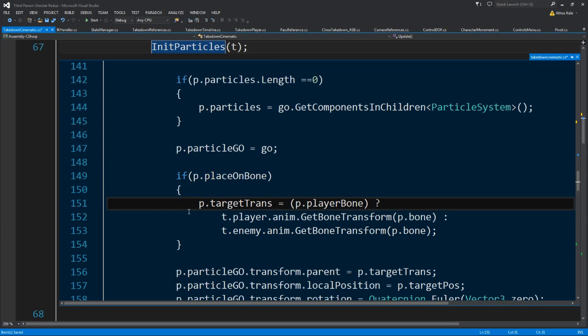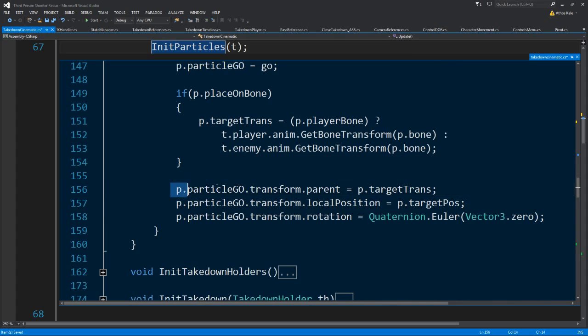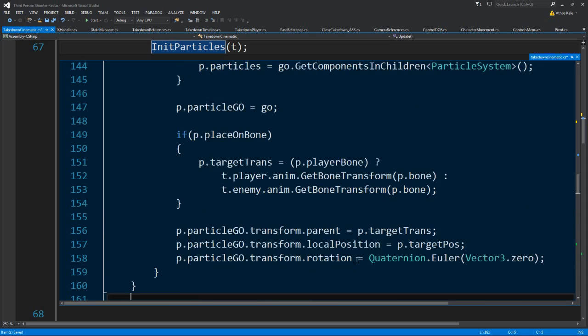So if you are to place it on a bone, you say that for the particle entry target transform, if it's a player bone, use the animator we have stored on the player references and use the get bone transform and pass the bone we have set up in the inspector. Or if it's not a player bone we want as a target transform, then assign it to the enemy. Then simply go and reparent it into the target transform we have set up over here. Set it the target position we want it to have, and also reset its rotation, or you can use the target rotation instead of target position over here. Okay,